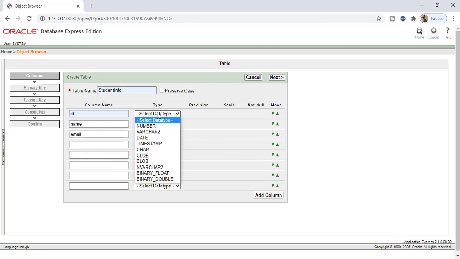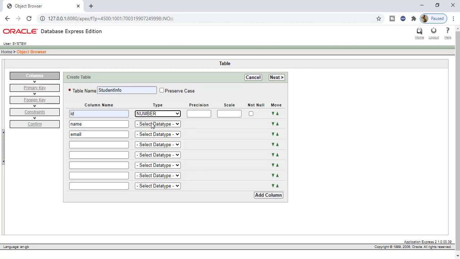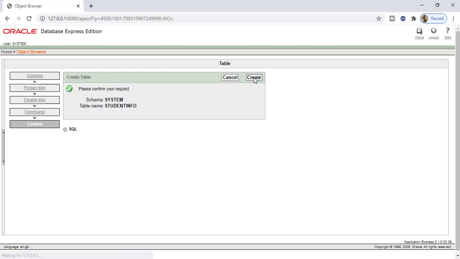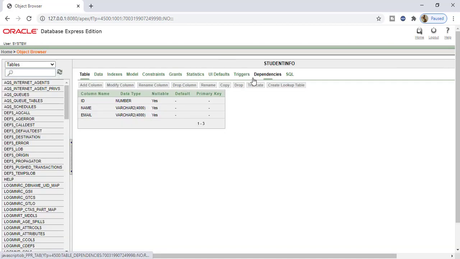ID is of the type number and name is of the type varchar, and email also varchar. Now click on next. Click on create. See here, we got the table.